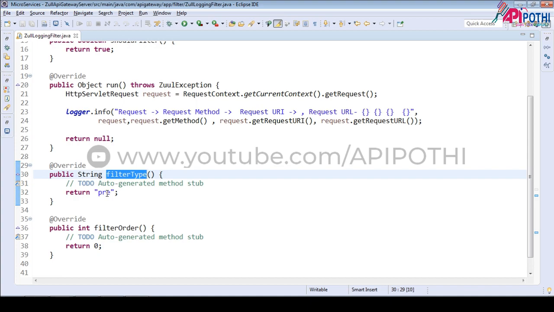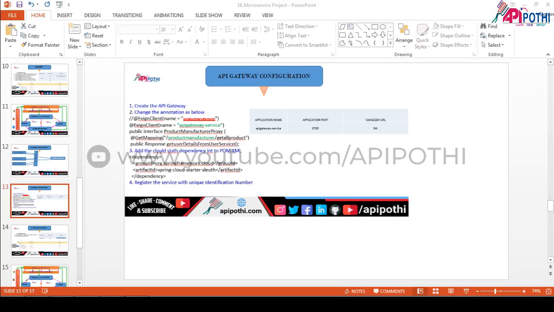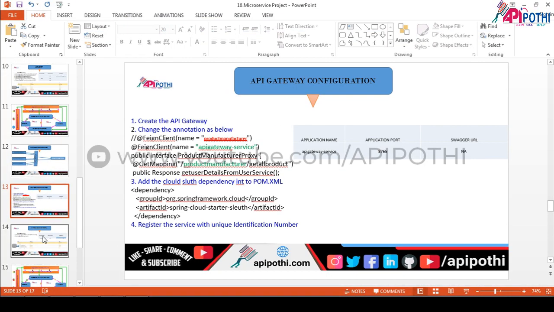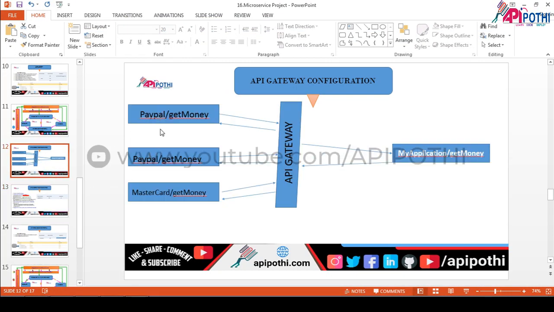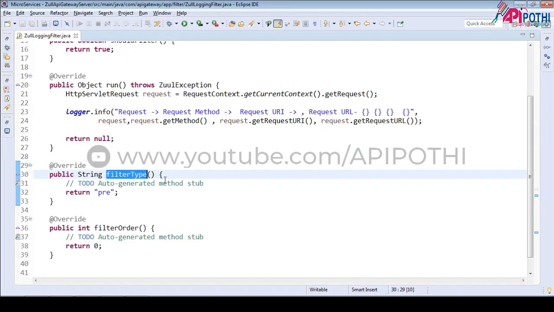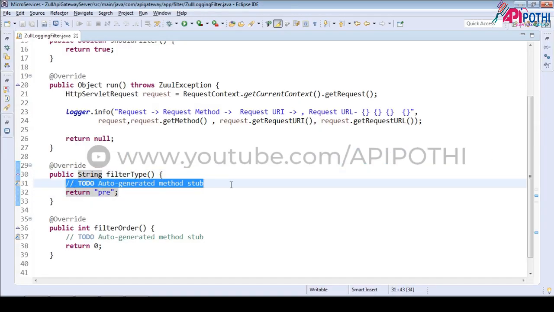This filter basically sets the required information. Like earlier, where we were translating our request, PayPal slash get money, we were removing PayPal and setting it as the application name. That you can do in this filter.